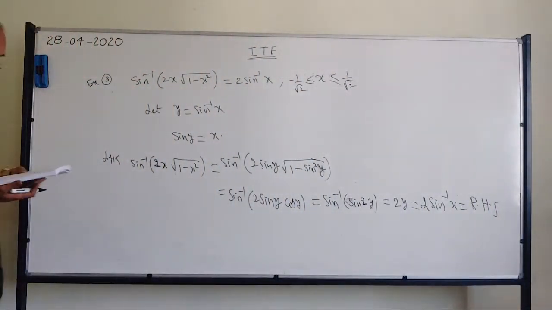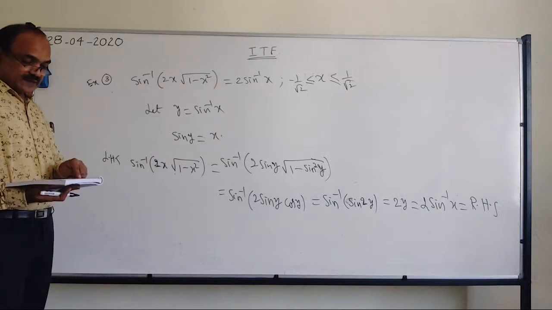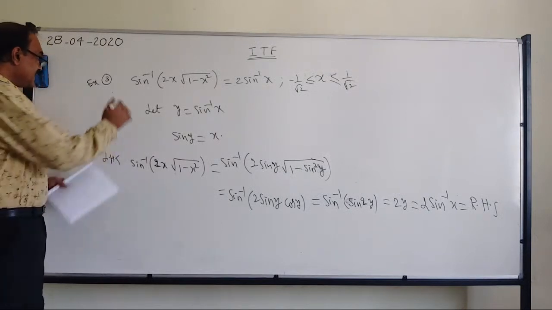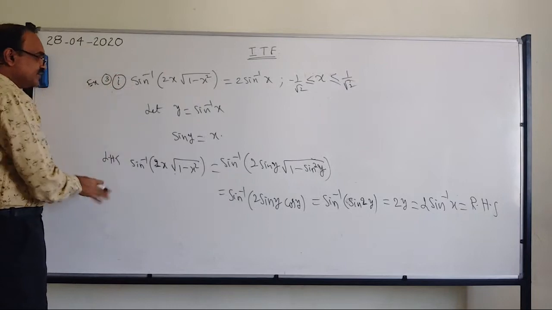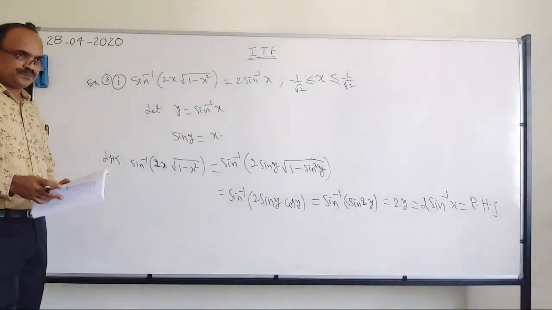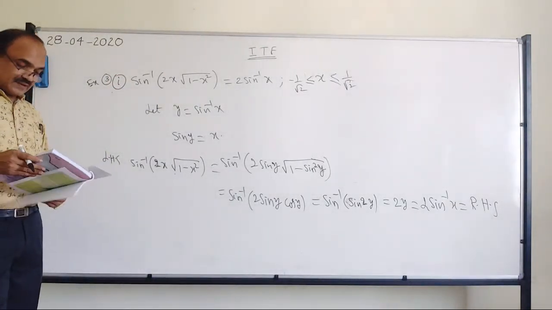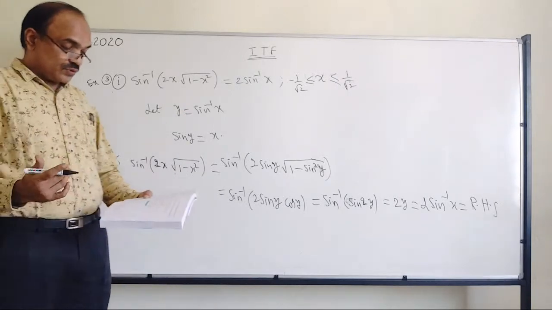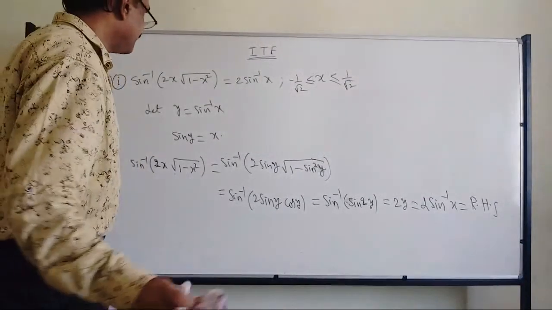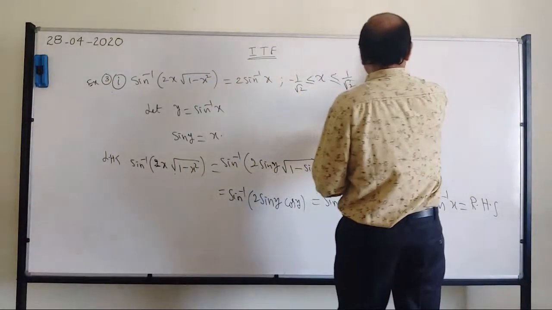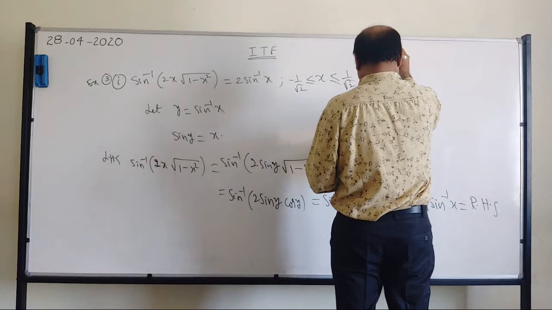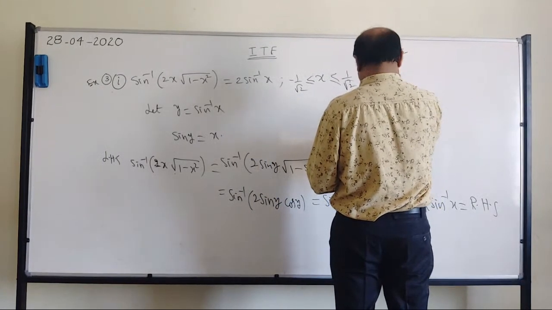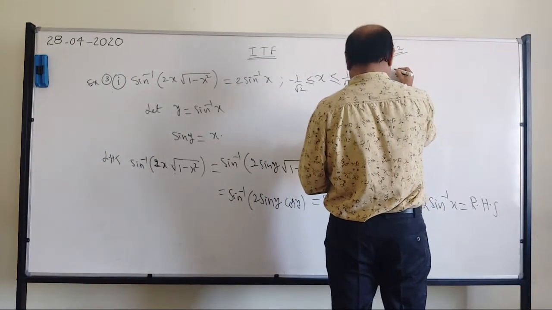So I'll stop here. I want you people to do example 3, part 2. In example 3 there are 2 parts. Part 1 is done, in the same fashion you can do part 2. And I can also just do exercise 2.2, and we can do the second one in a similar fashion. So here I'll write exercise 2.2, first one, so that we can do the second one.